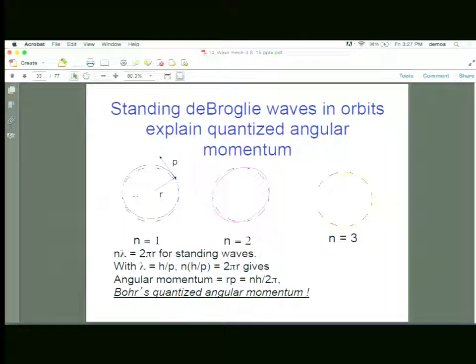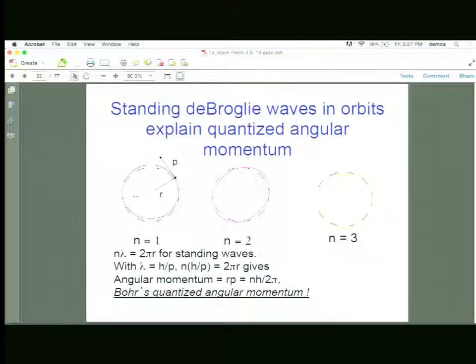He says, well, let's see what happens if you do that. Let's say you have a standing wave where the wavelength just comes back on itself nicely. So his theory says lambda, which is h over p, is equal to 2 pi r,